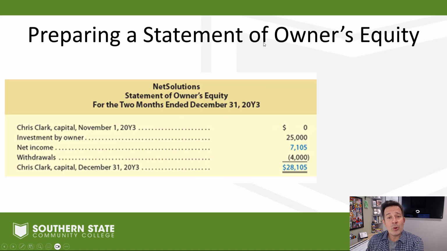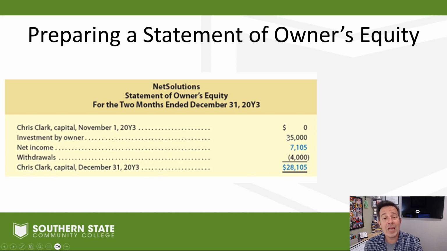That income statement is going to lead us into a statement of owner's equity. And a statement of owner's equity shows our changes in equity from the beginning of the period to the end of the period. At the beginning of the period in our fictional business, we had no capital for the owner because the business hadn't started yet. The owner invested $25,000. We add in the net income for the period. We subtract out what the owner took out. Or if we're talking about a publicly traded company, we subtract out dividends,